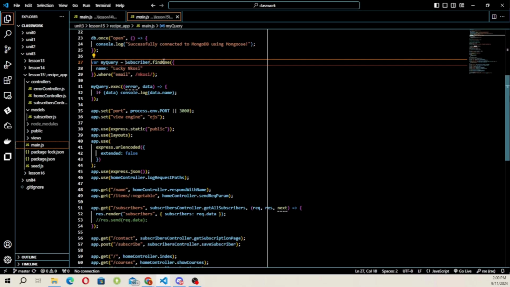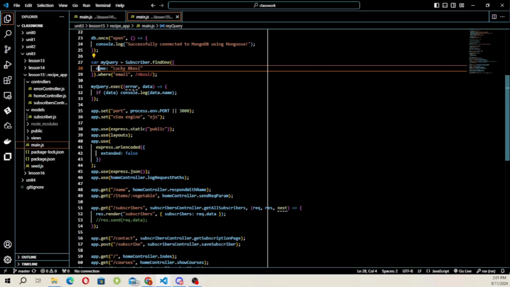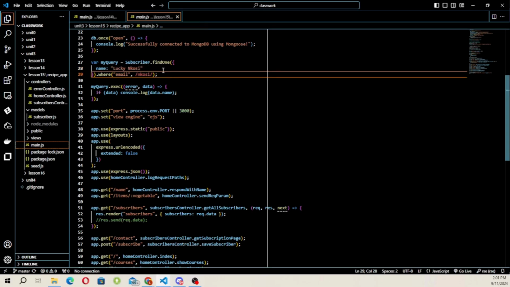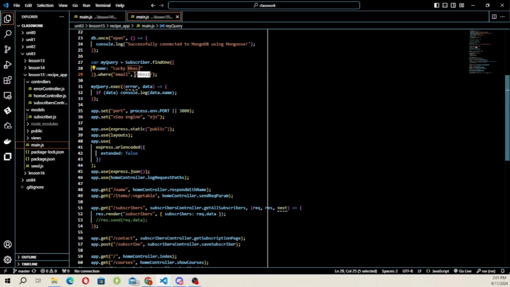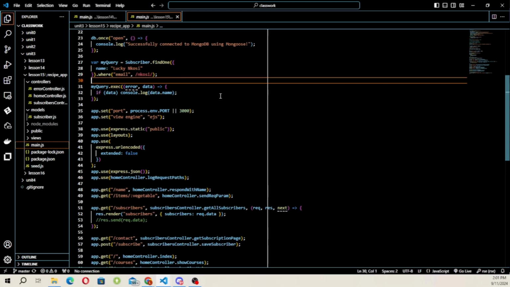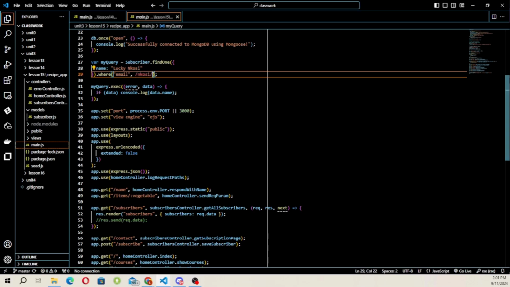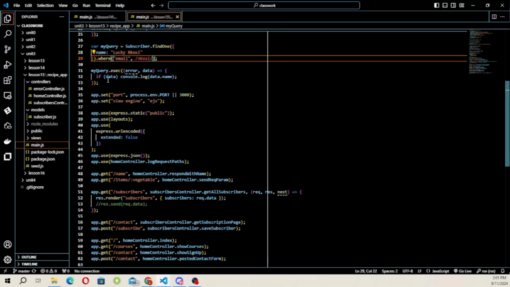We're going to be looking for a subscriber whose name property matches this value here. So this is what we create. This is the subscriber that we created in lesson 14. So now we're going to be querying for them, right? And we're also going to be using some regex here. We're going to say where their email property contains this substring here, right? And if you remember from lesson 14, our email property had my surname here, Ngosi,